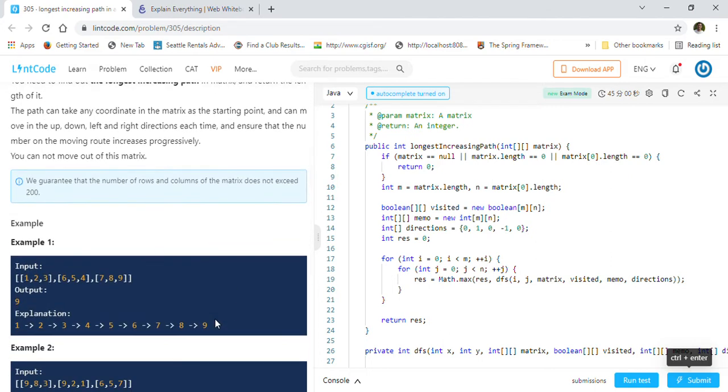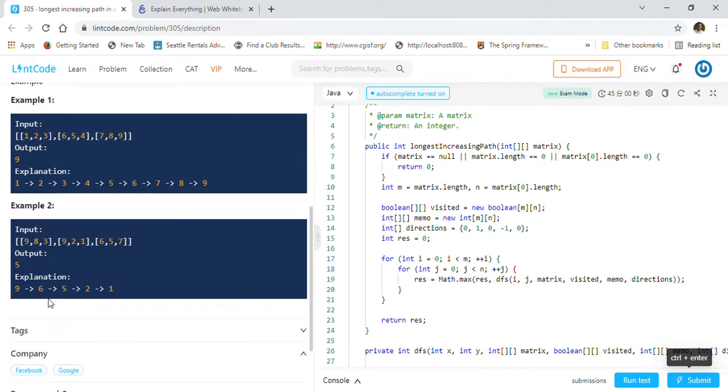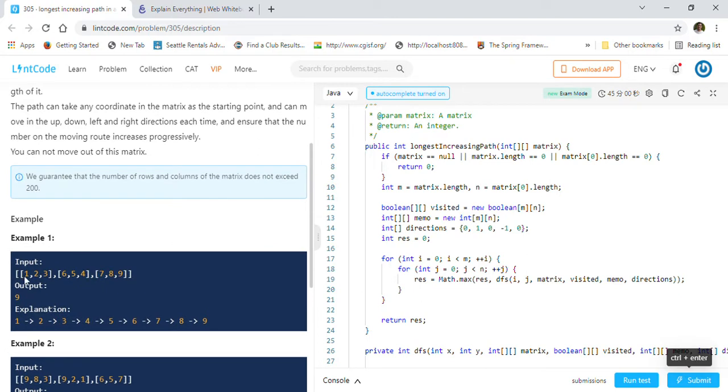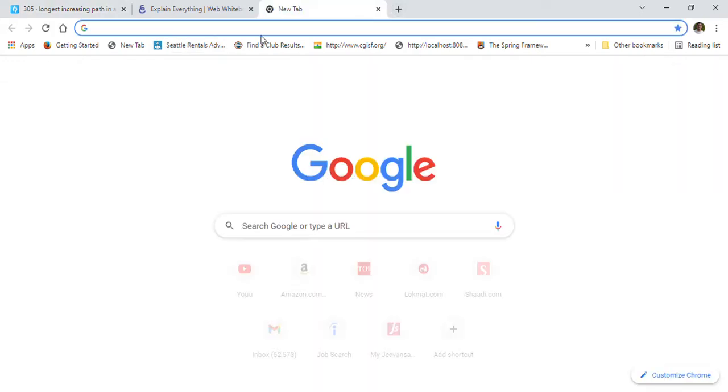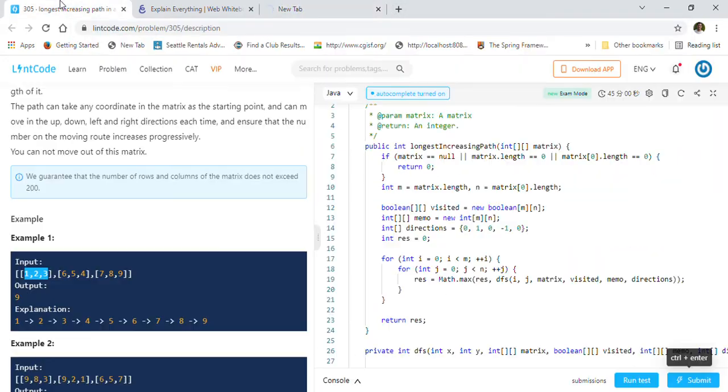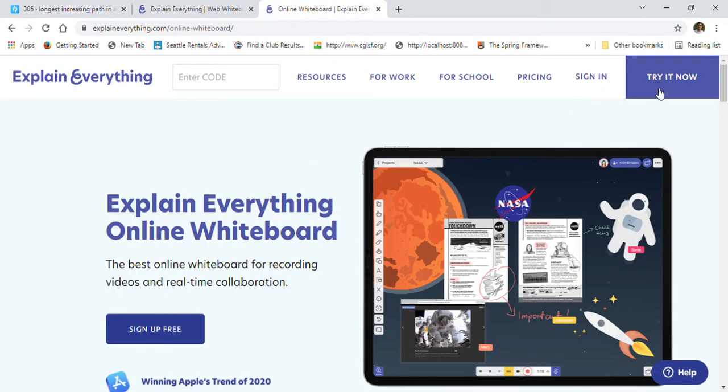As they have given two examples, let us take this first example over here quickly. I can show you what the problem is and how we are going to solve it, and then we will discuss the same thing with another example.